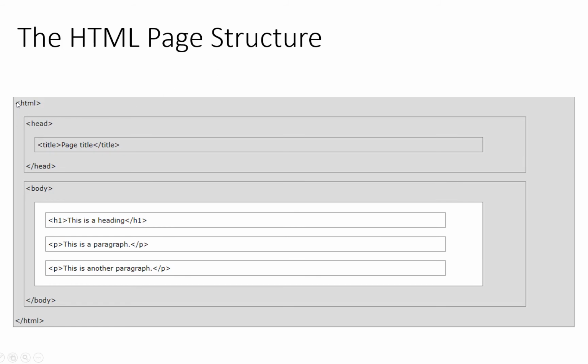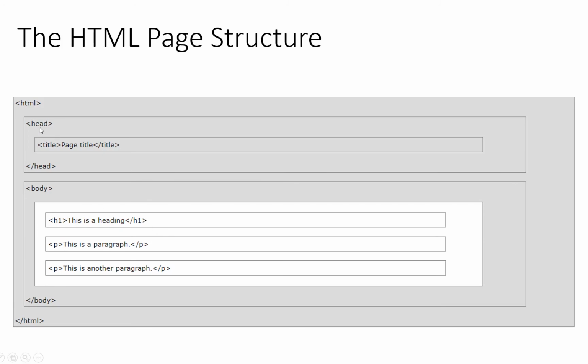Remember, we told you that this HTML is the root element of the page, this one here, and it carries all other elements that will ever enter the page. And this HTML element is made up of the head tag and the body tag. This head tag defines or describes the web page, while this one displays the contents of the web page.